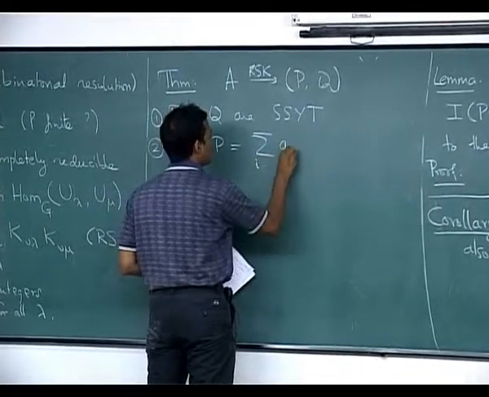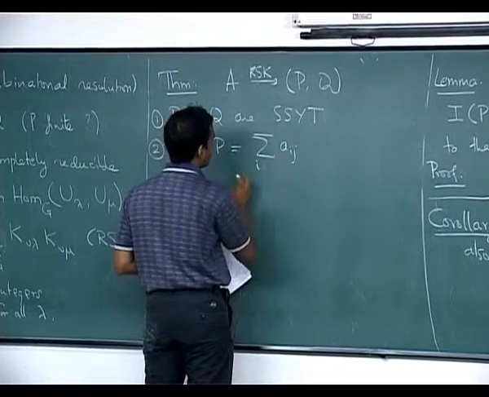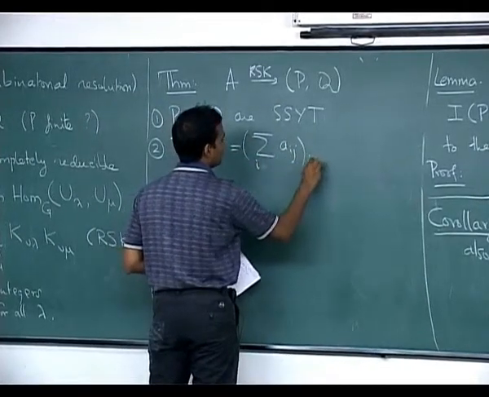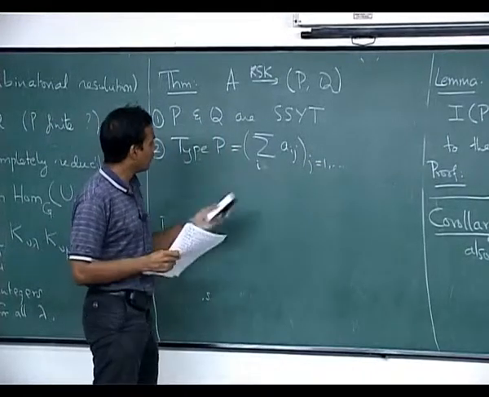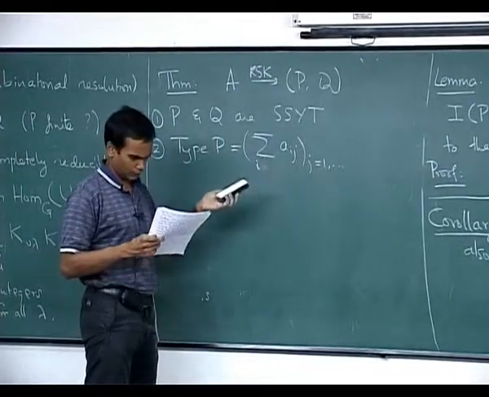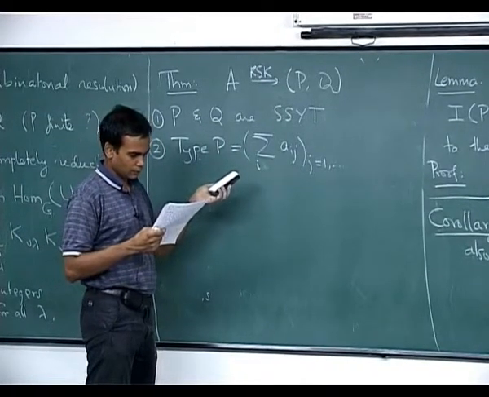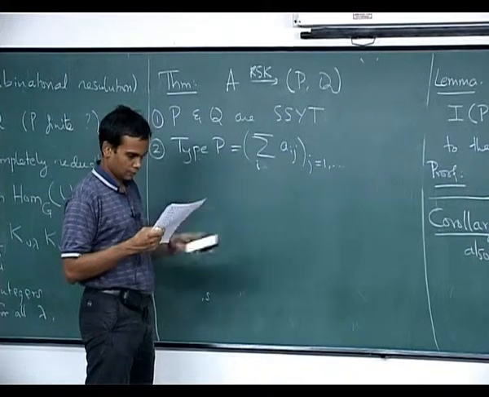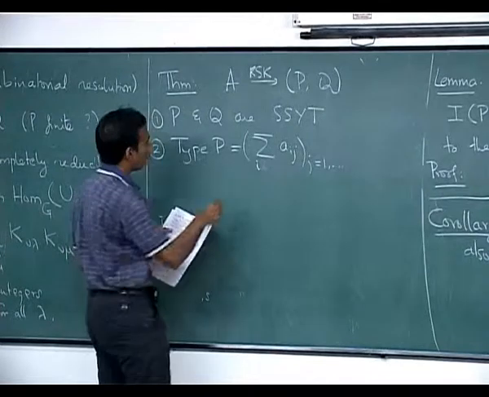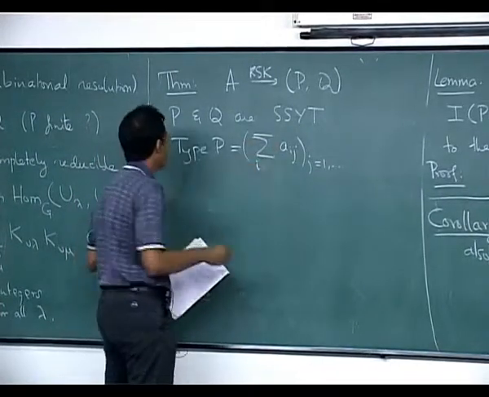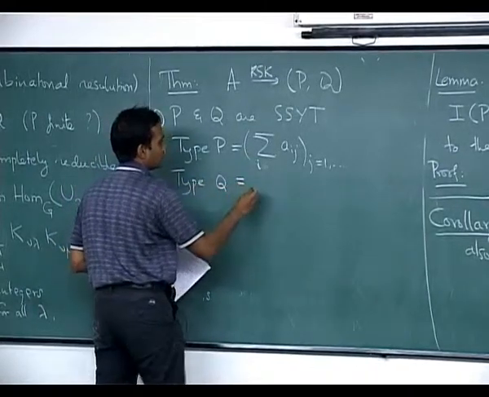Summation over i of A_ij, as j goes from 1 to n. So the type of P is, yeah, this is a column sum, sorry, i is fixed and j is varying. Type of Q is